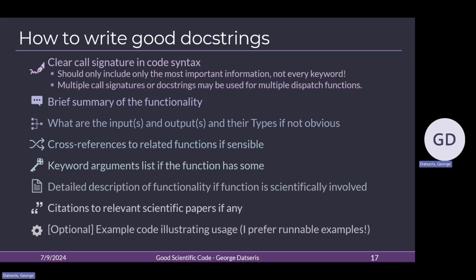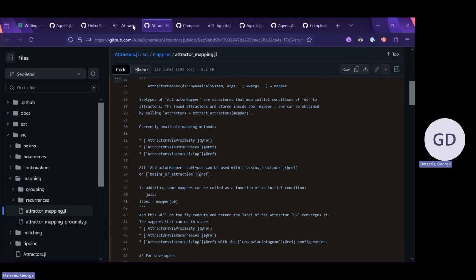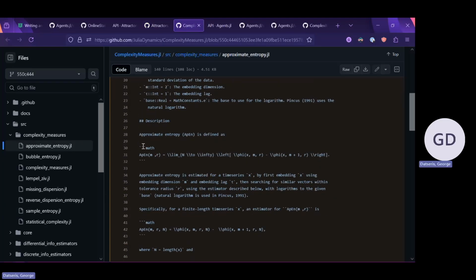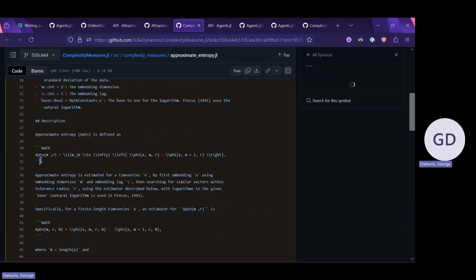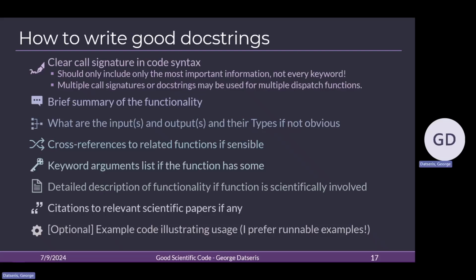Normally, to write integrals you put them in a math block. If you see the docstring here, put it at math, and then you write LaTeX. But be careful, because Julia treats the slash as a special character. If you use a LaTeX slash, you have to add a second slash, so the LaTeX slash becomes two slashes. You need to escape it, so to speak. Otherwise, normal LaTeX syntax works fine, in my experience at least.